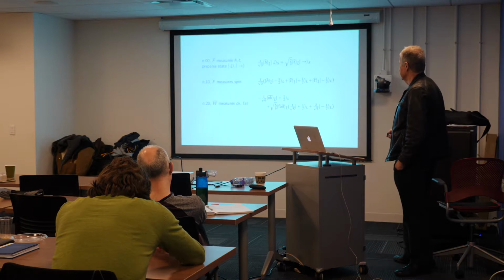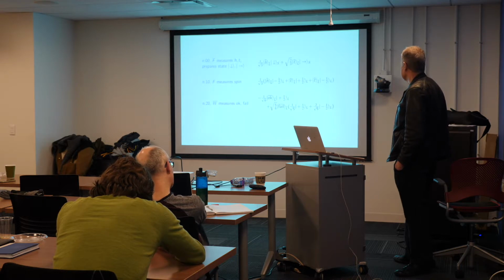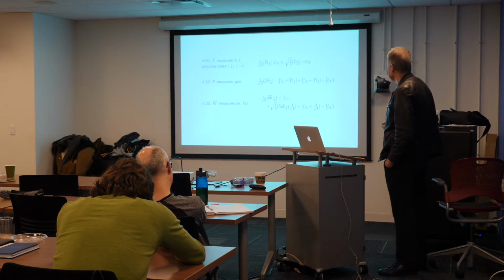A little later, F comes in and measures the spin, and that changes the state to this state, where the L bar and the L refer to the states of the whole laboratory. So now this is 1/√3 times this whole thing. It's a little difficult to read because of all the pluses and whatnot, but this is a product